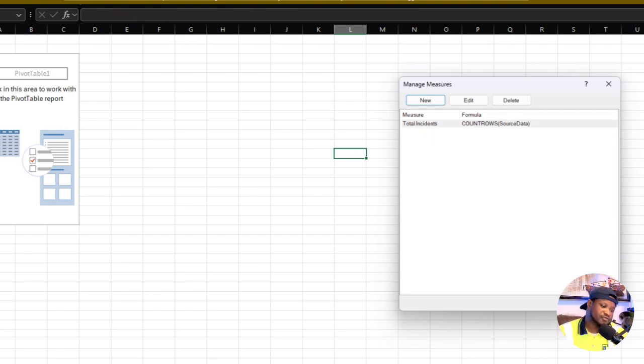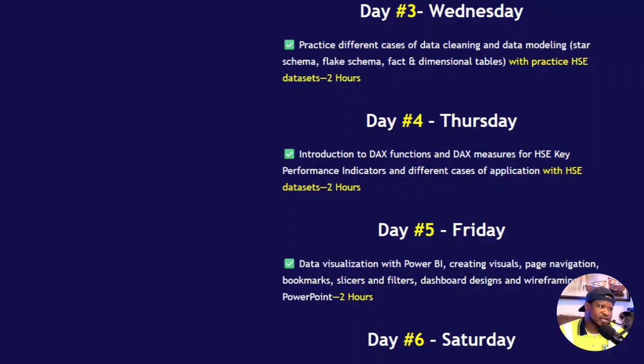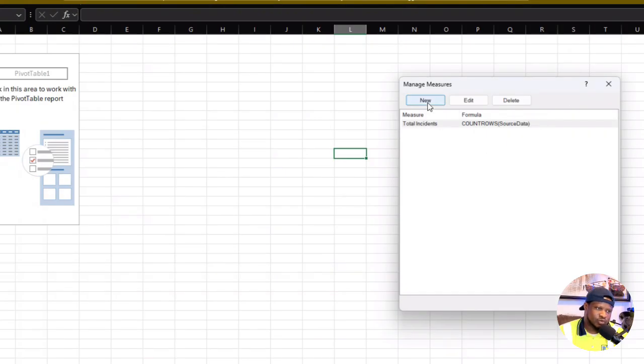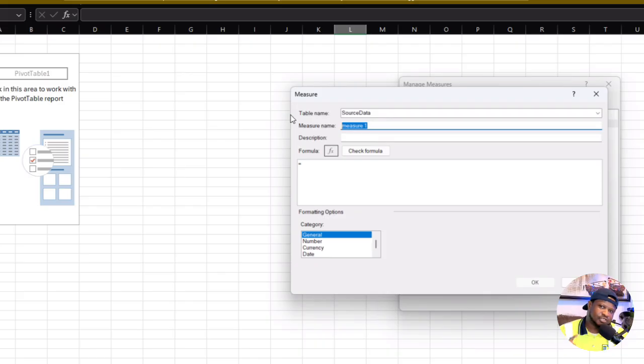Let's go back to our set of questions. Remember that we are trying to count how many personal injuries. So let's go and check how many personal injuries. We go to new and we count the number of personal injuries. But before we do that, we will be counting all the various types of personal injuries. All right, so let's quickly go to